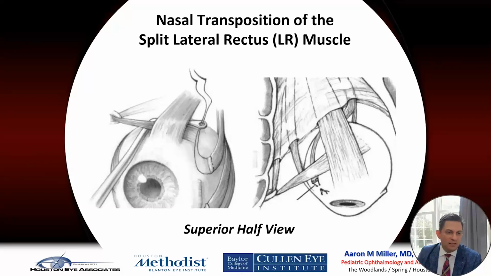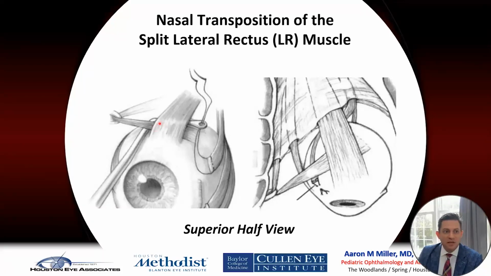If we're looking at the superior half view from the two images that were shown here, you can see that the sutures, and this is where a gas hook is extremely helpful, are used to actually pass the sutures on that lateral rectus superiorly. And the trick is, if you look at where this gas hook is passing, you localize through the superior temporal quadrant, and you're going behind the superior oblique muscle. And as we remember with the normal anatomy, the superior oblique tends to pass under the superior rectus muscle,